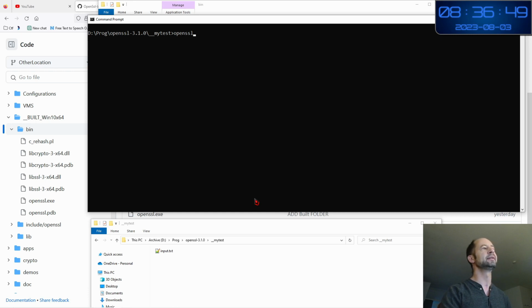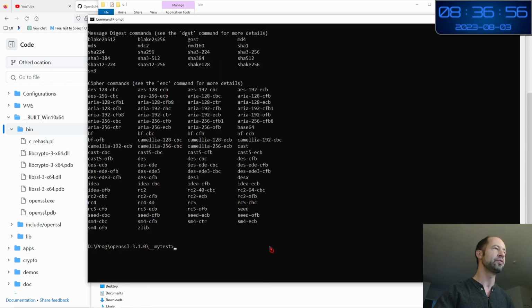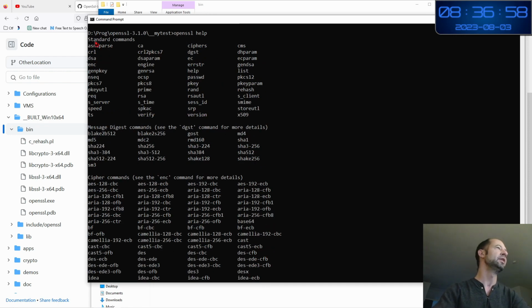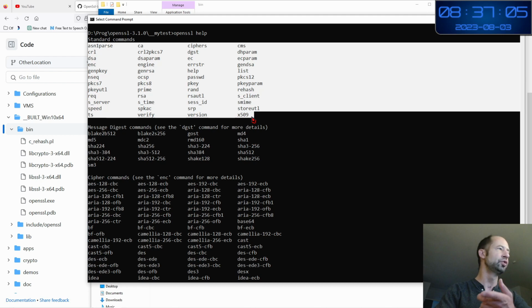With openssl help, the help shows you different things. It is first showing you the standard commands. So here you have the different commands that you can use.